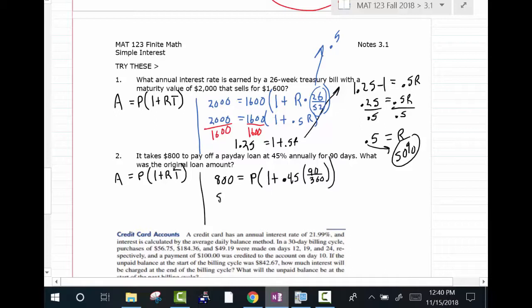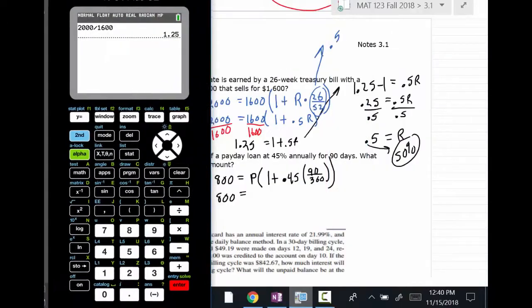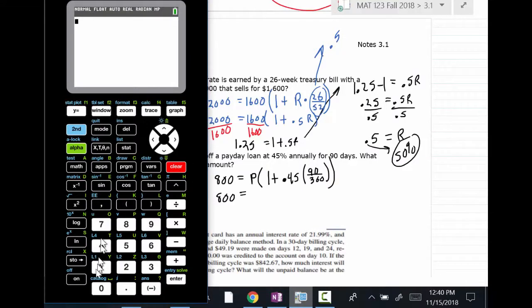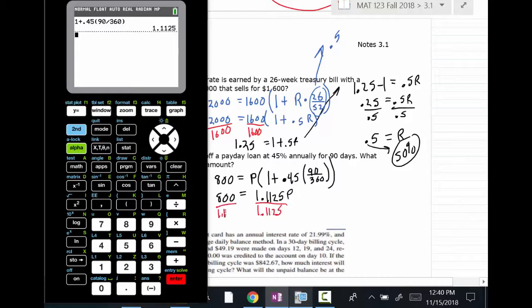Okay? And then you can do this a couple of ways. If you want to, you can just do what's in parentheses all in one step. That's what I'm going to do. I'm just going to do 1 plus 0.45 times 90 divided by 360. You could also reduce that fraction before you do it. So you'd end up getting 1.1125P, and then you can divide both sides by that number, and then you should have the answer to the problem. Okay, so I'll just take 800 and then divide by